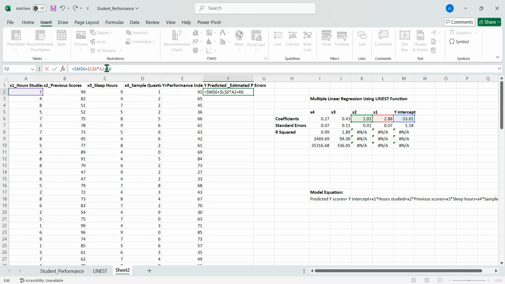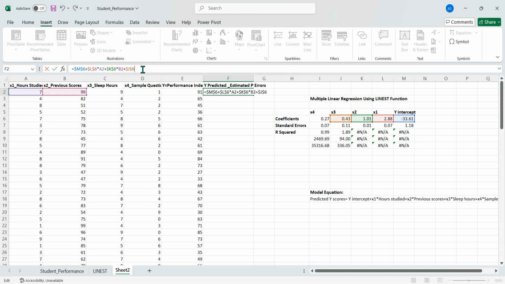Don't forget to add those $ signs, because if you don't, it's going to shift down with every value and give you false calculations. So this coefficient times our x2 variable right here, then add a plus sign for our next variable calculation, which is 0.43. Don't forget to add that $ sign